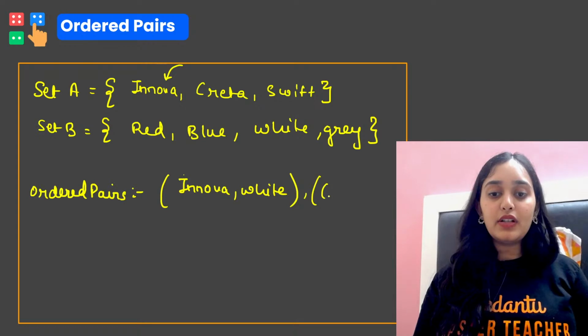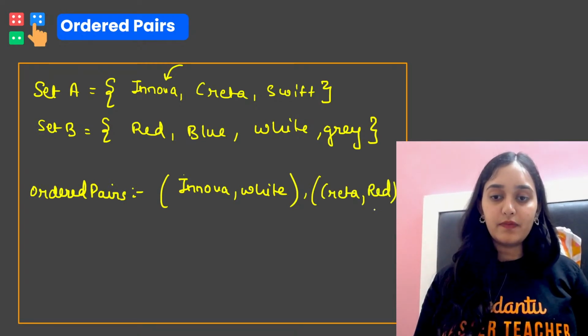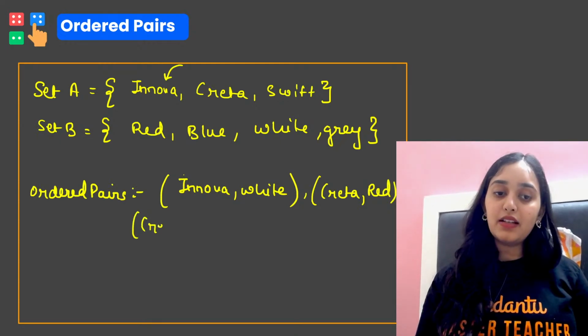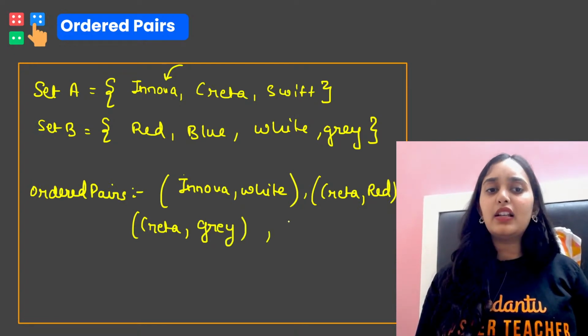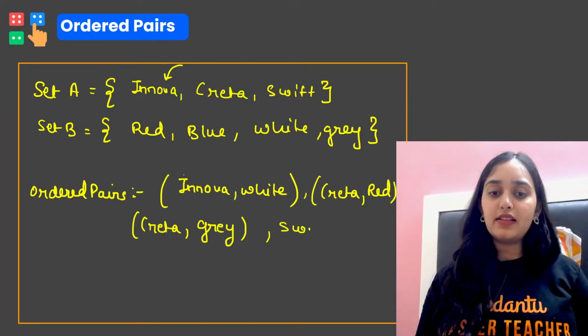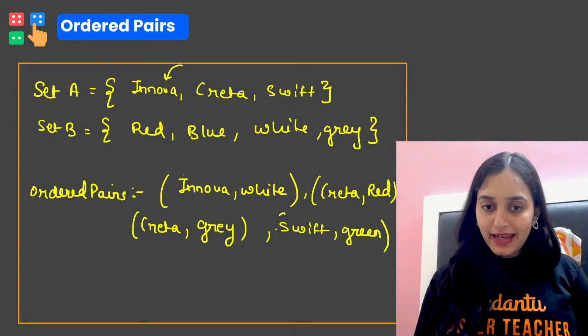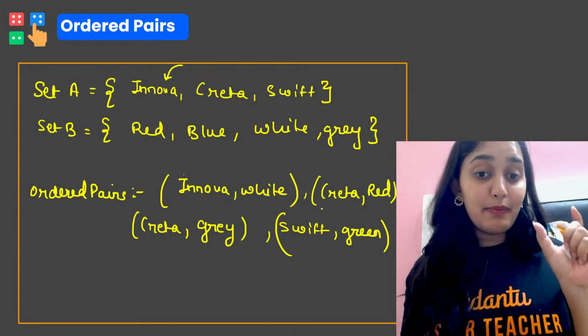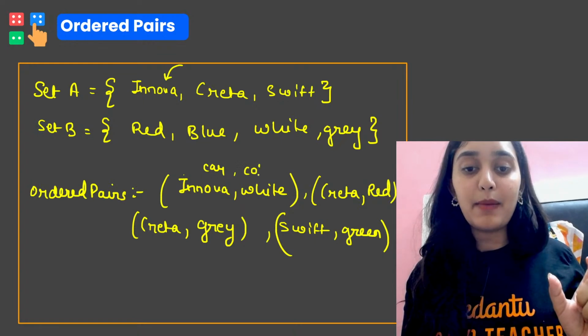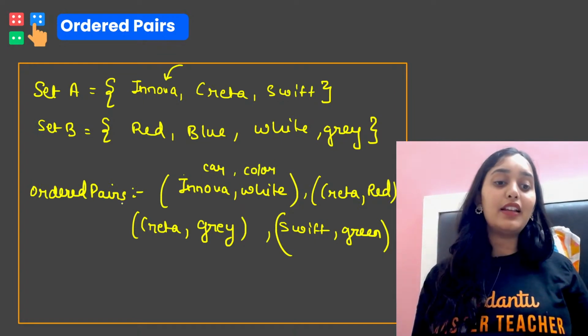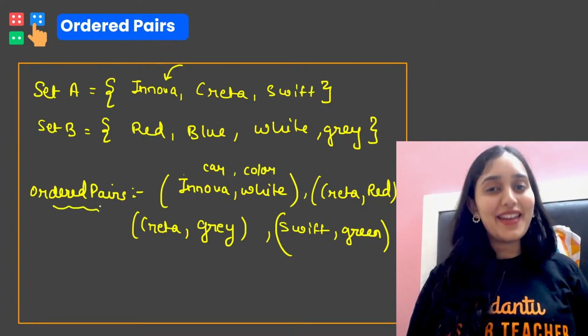Similarly, I can denote that Creta is available in red color, or Creta is available in gray color. Similarly, Swift is available in green color. So like this, inside a bracket I wrote the car name as well as the color name